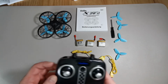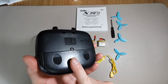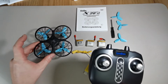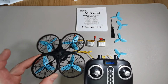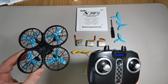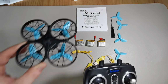Okay, so a safety feature in this as well is that if the battery in your controller runs out while you're flying, or if it gets too low, then this will start flashing and then just descend and land. It does exactly the same thing if you start to fly outside of the range of this, which will depend on any interference locally as well. So if the range is like 10 meters and you go to 11 meters,